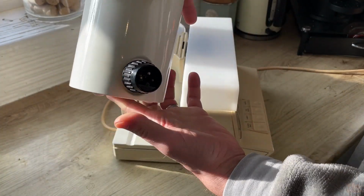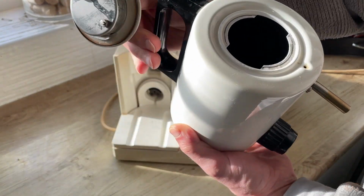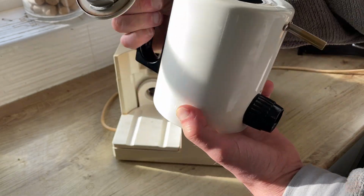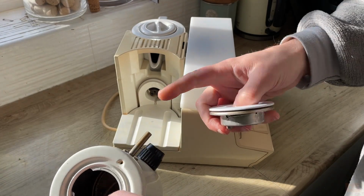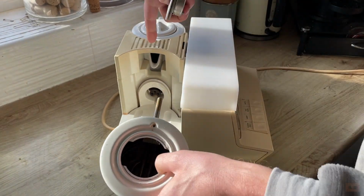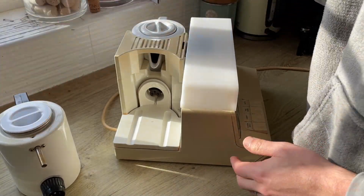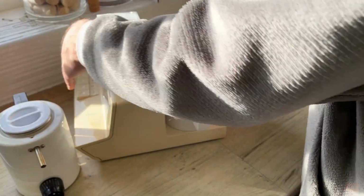So that's the part that goes into the electrical connection. You unscrew here and you've got your filaments just like a normal kettle in there. So we'll fill this with water, and as you can see, when you then put it in, the spout sits in the spout of the empty teapot. So the empty teapot sits on this side,